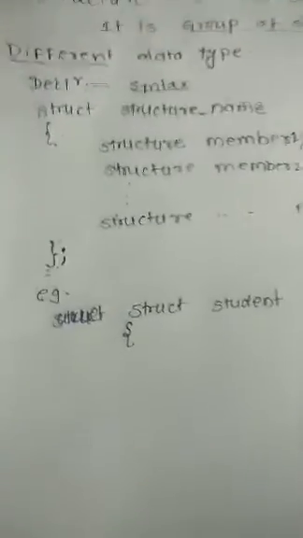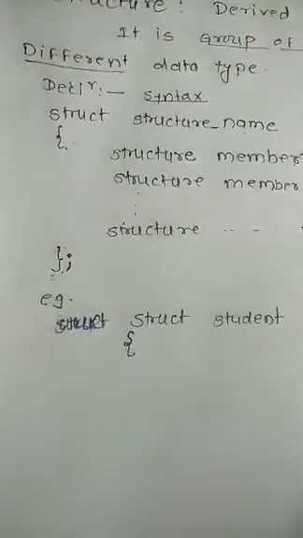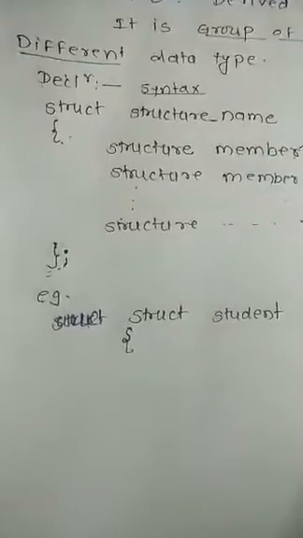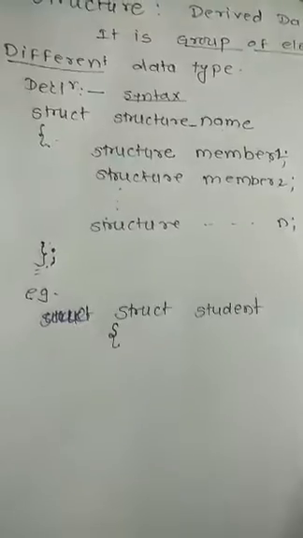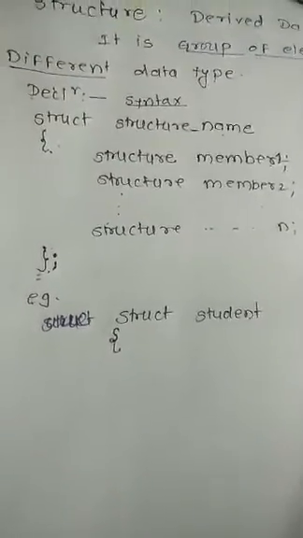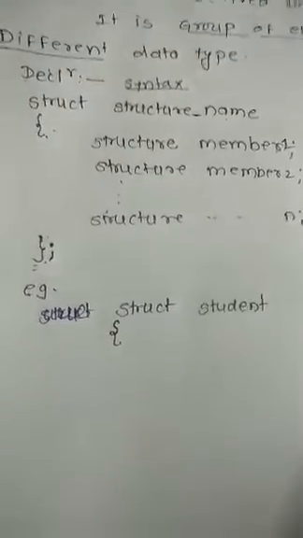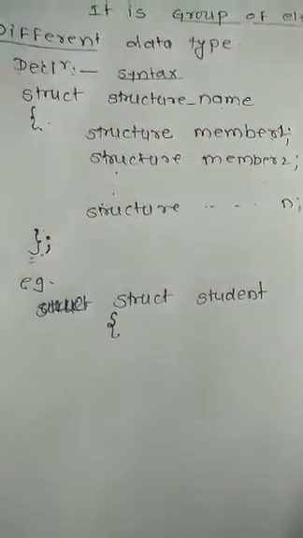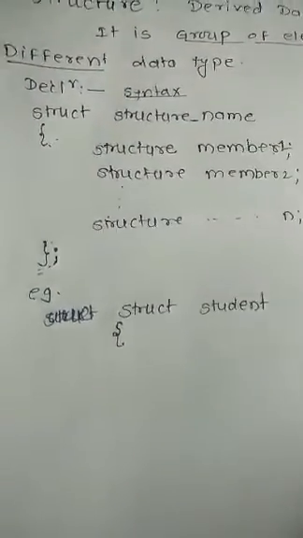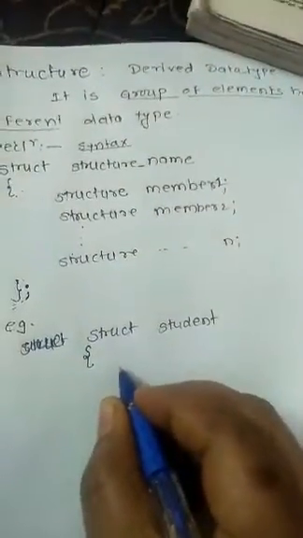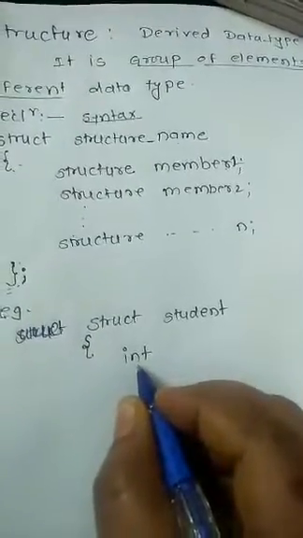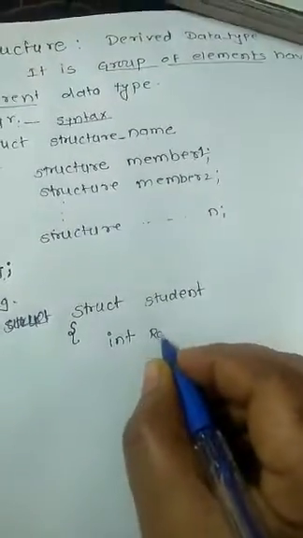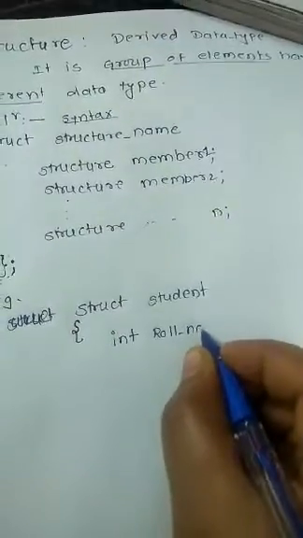You have one student of data, a group of elements made up of different data types. Grouping these is possible only using a structure. So we declare the members one by one. The student roll number is an integer type of data, so I declare int, and my variable name is student roll number.